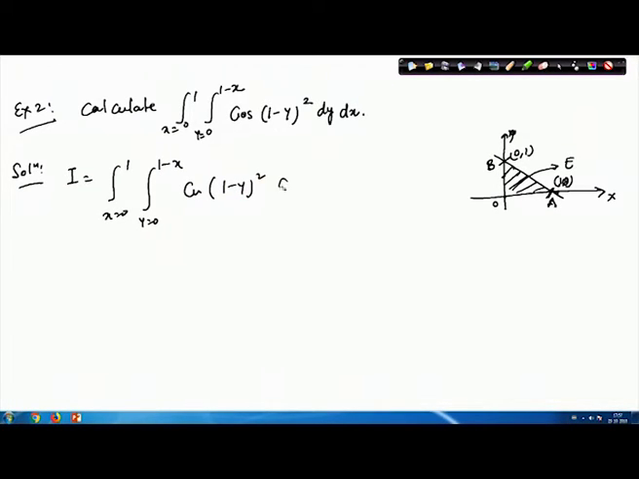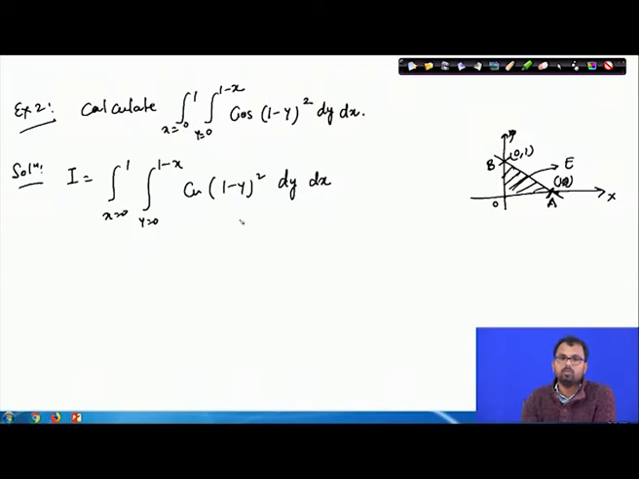It's very straightforward to see that it's not possible to integrate this, because even if you want to substitute 1 minus y square equals some z, then this cos of 1 minus y square dy cannot be reduced to a simpler integral. So this is quite a complicated form, although it looks simple, it's not easy to integrate. The only way out we have is to change the order of this integration and see whether we can do something about this